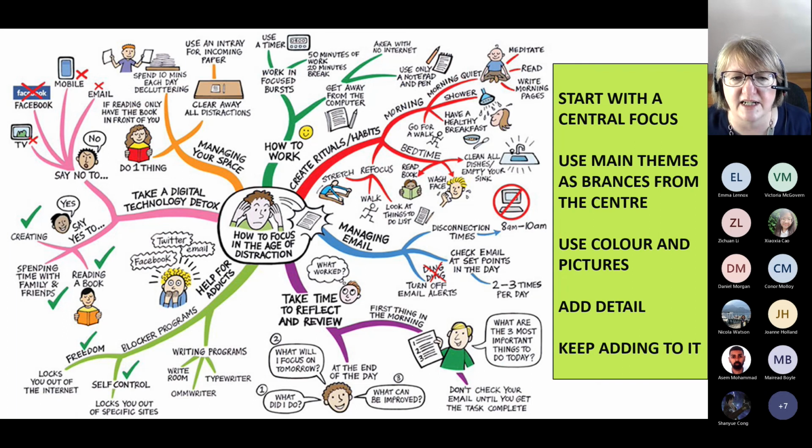And then you're going to add in detail around those branches. So what are the things that come off each of those main themes? And you keep adding to it. And in terms of the creativity, it's likely to be the things around the outer edges that might be where the creative thinking comes into it, because the main central focus and the main themes will generally all have been thought of before. But what are the details? What are those other things that you might think of to add into it? So it's one technique to use in terms of looking at something in a creative way.